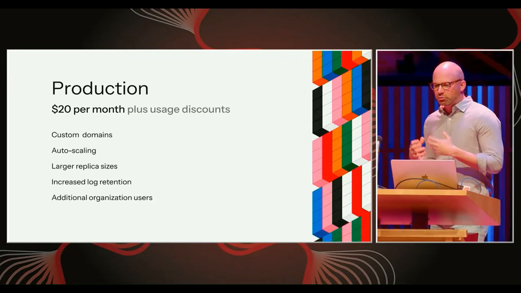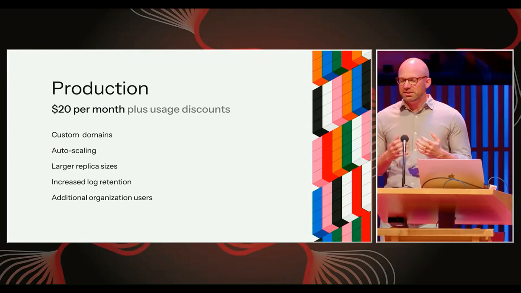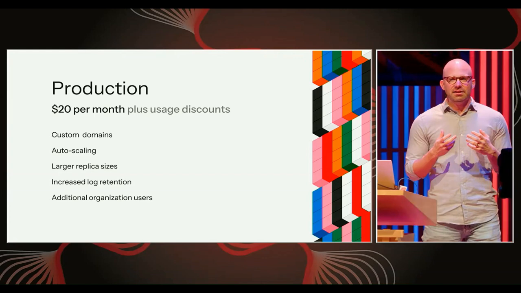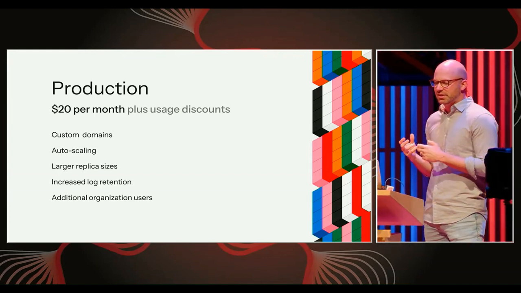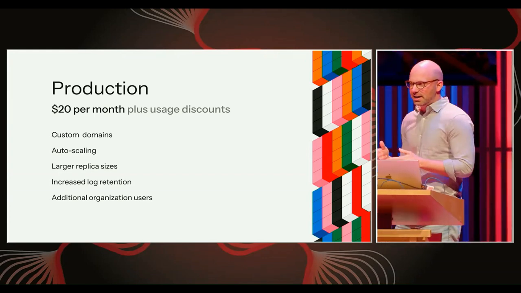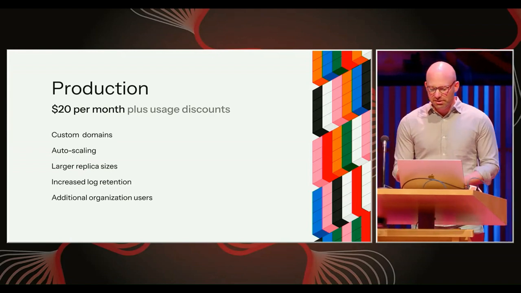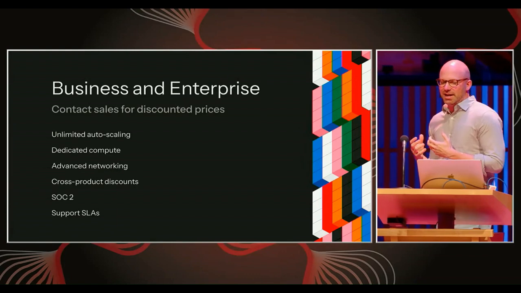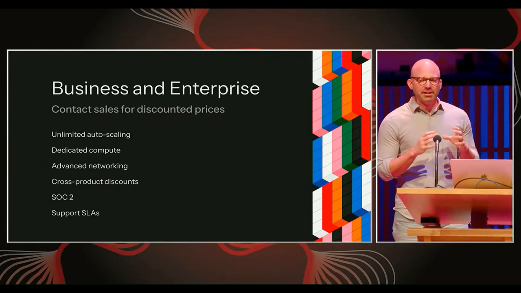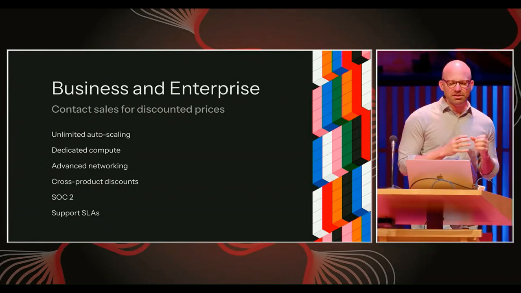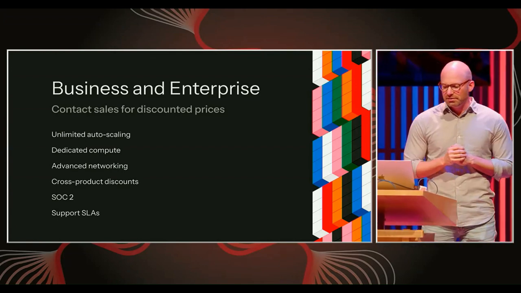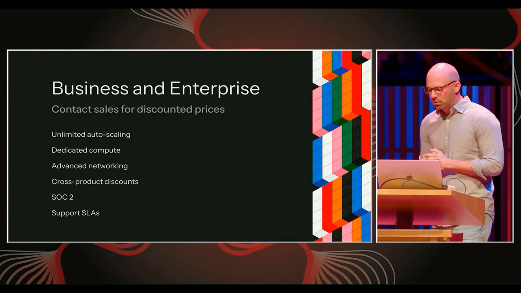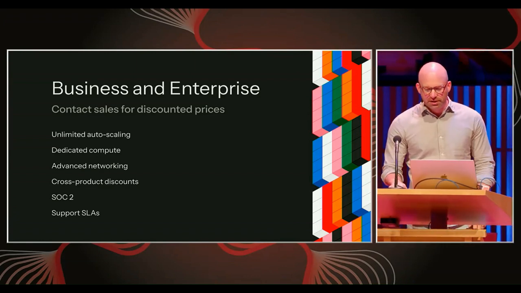Our production plan is just $20 a month, plus usage discounts. It comes with custom domains, auto-scaling, access to larger replica sizes, increased log retention, and additional organization users. And for the first time, we'll be focusing on business and enterprise plans with unlimited auto-scaling, dedicated compute clusters, advanced networking, cross-product discounts with things like Nightwatch, SOC 2, and support SLAs, which we feel like